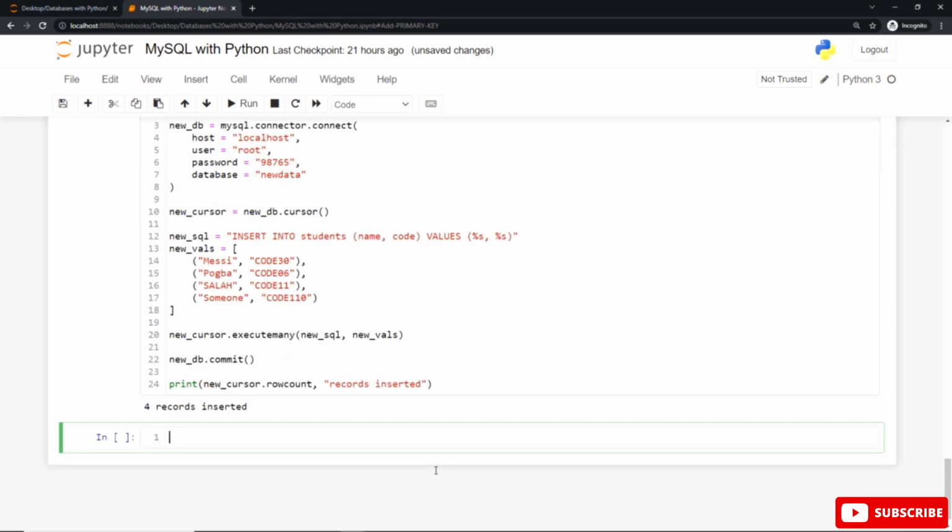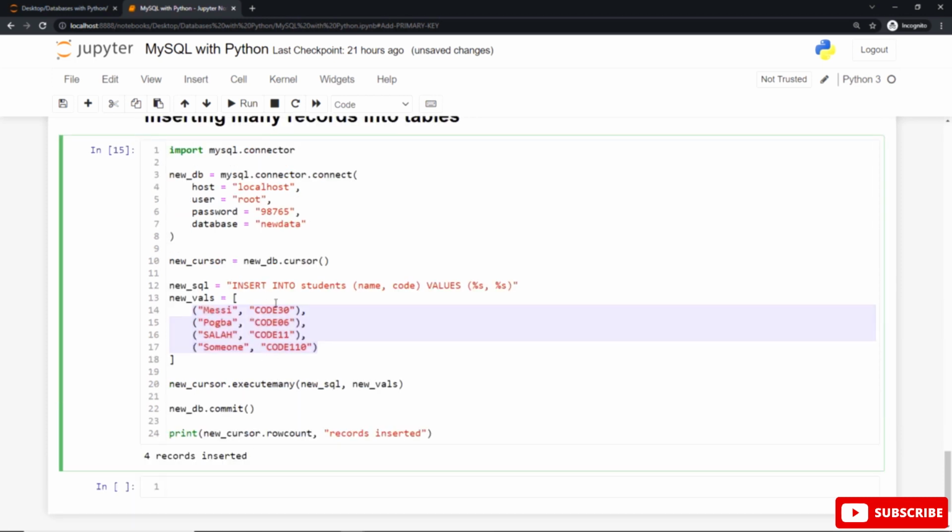Hit shift enter or shift return and you can see 4 records inserted. 4 new records are inserted into this table called students for the first column and the second column, and you can see these are the values.